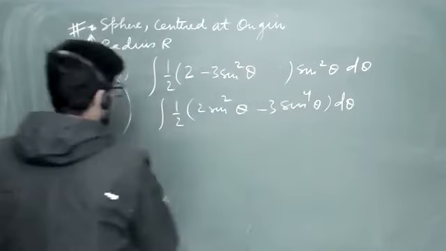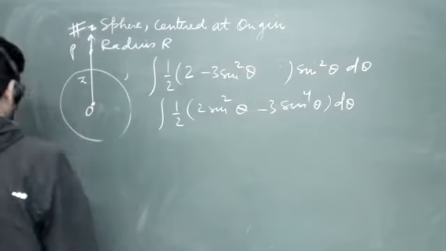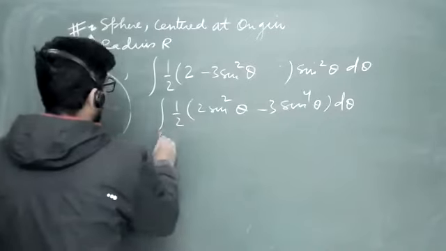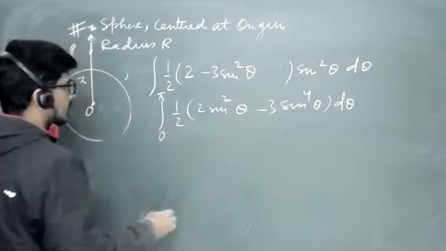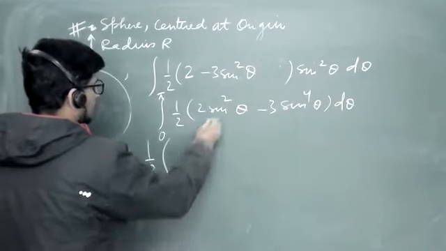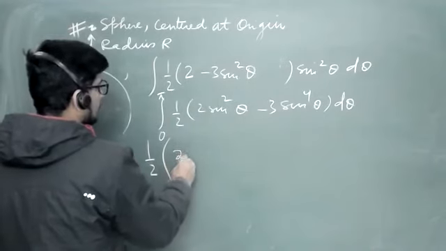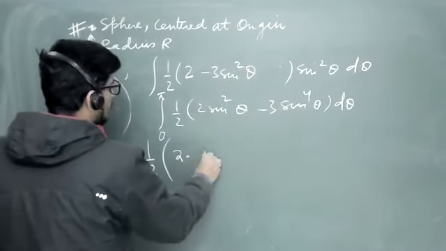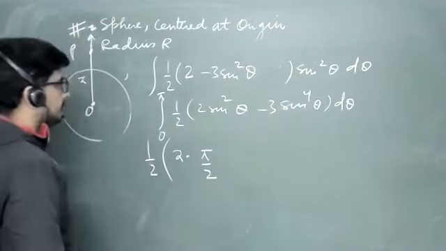And so it will become, if I integrate it from 0 to pi, half is outside. This will become 2 times upper limit by 2, sin square है ना।